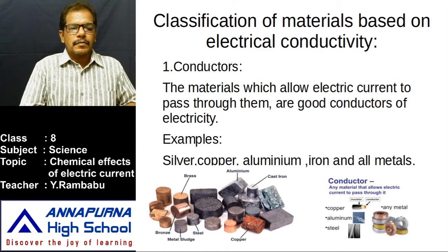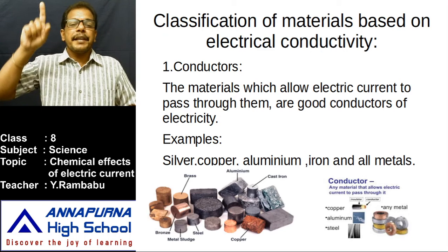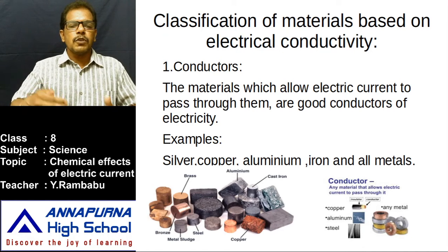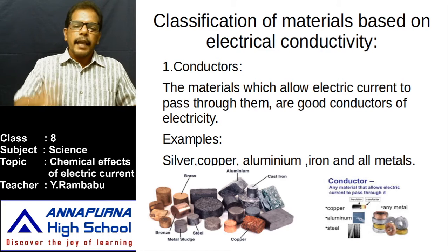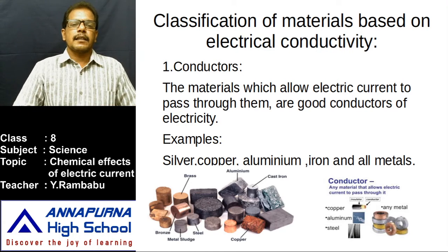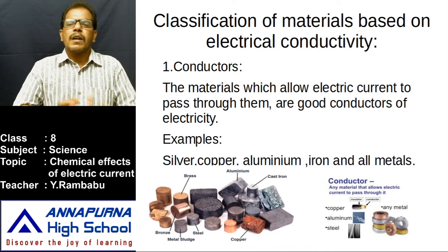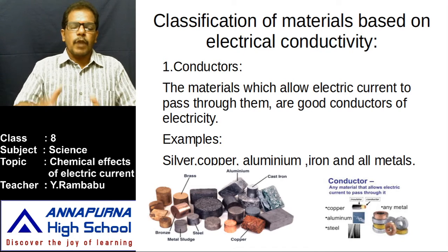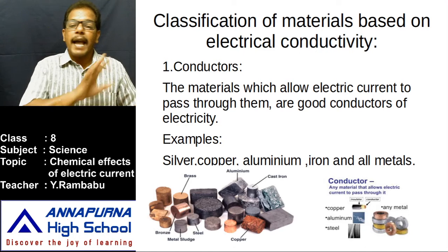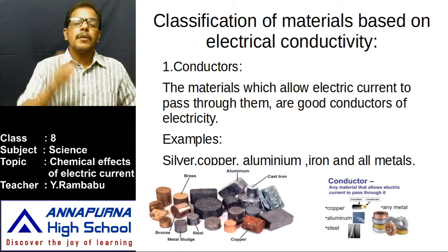But at that very high voltage, the streak, that means the transfer of charge from cloud to earth, is millions of volts. Due to that high voltage, the charge passes through the air also. That's why air acts as a conductor in those conditions. That's why substances through which electricity doesn't pass, we don't call them insulators, we just call them poor conductors.